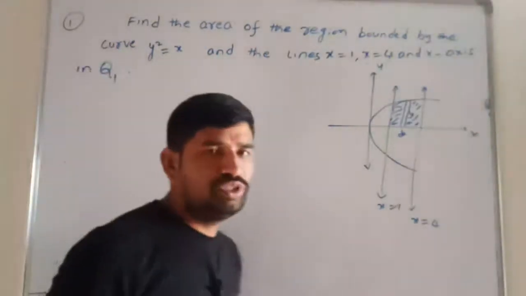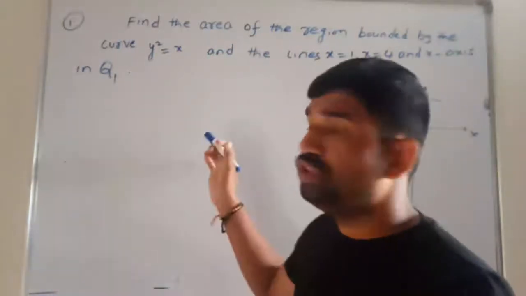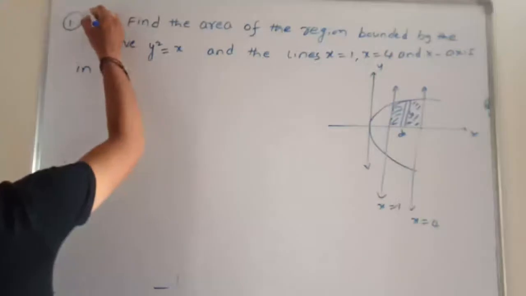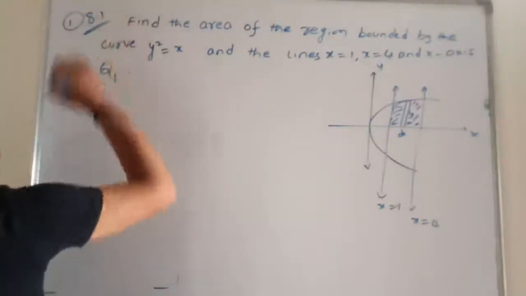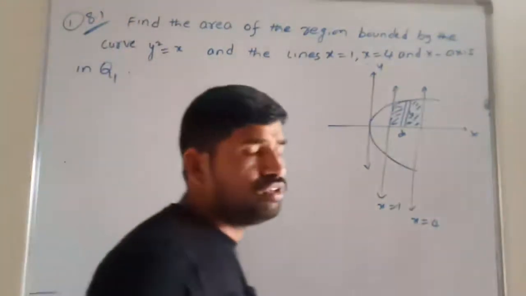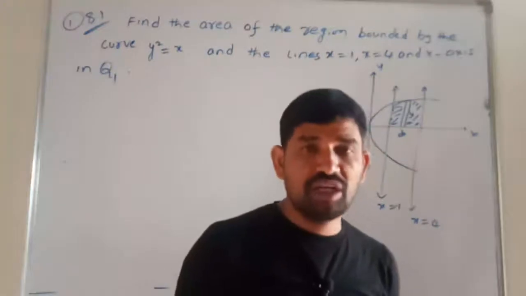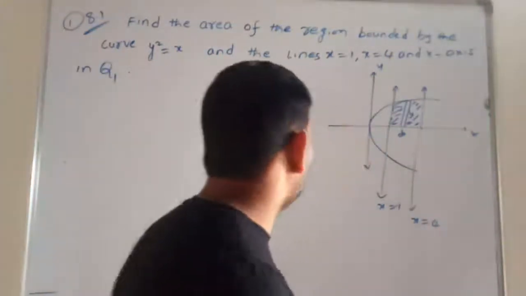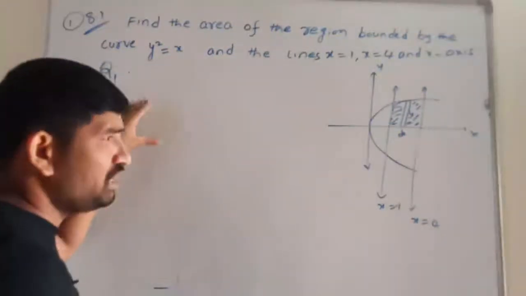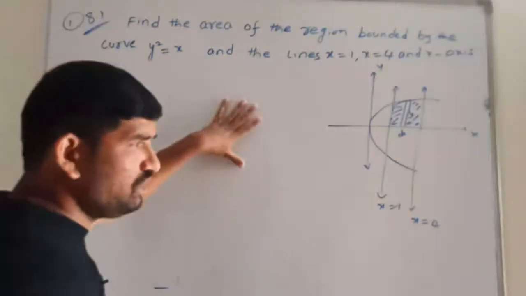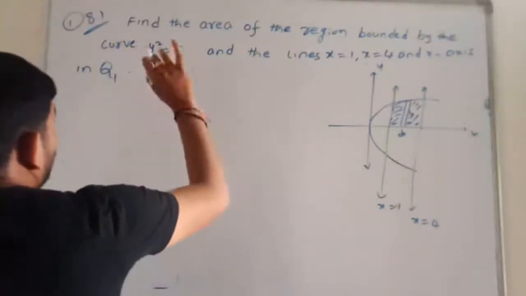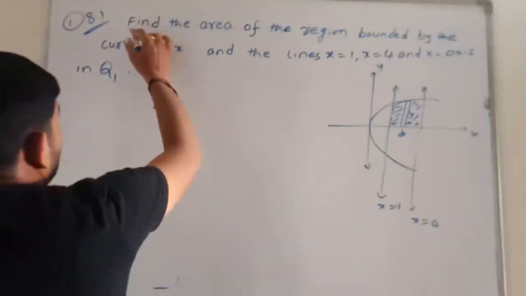Yes, observe students, we are taking question number 1 from exercise 8.1. This question is very important for 3 marks. This question has already been asked 2 times in the NCERT board. Students observe here, this is similar to example 3, that's why I am taking this question here. What is required for us, what is the given data, and what part is present.